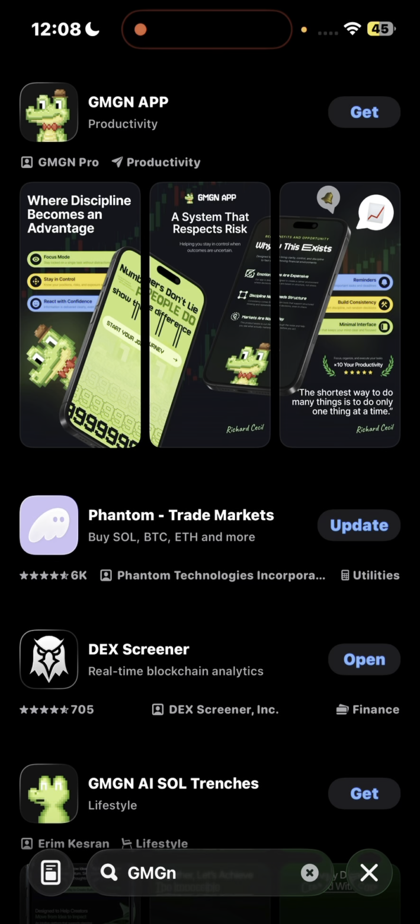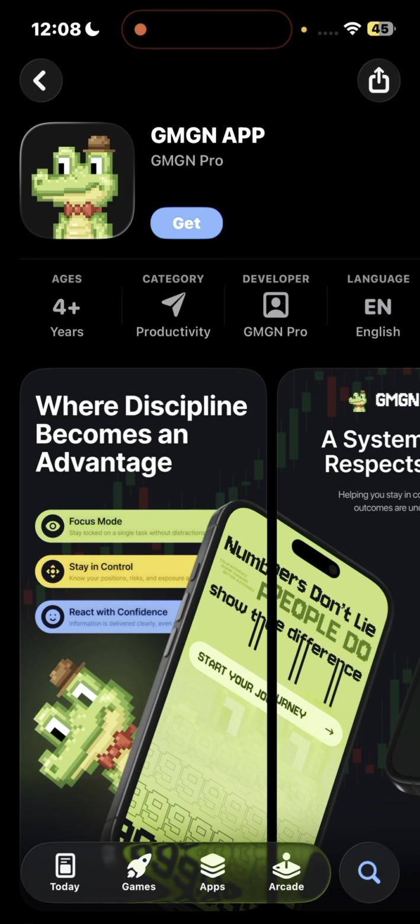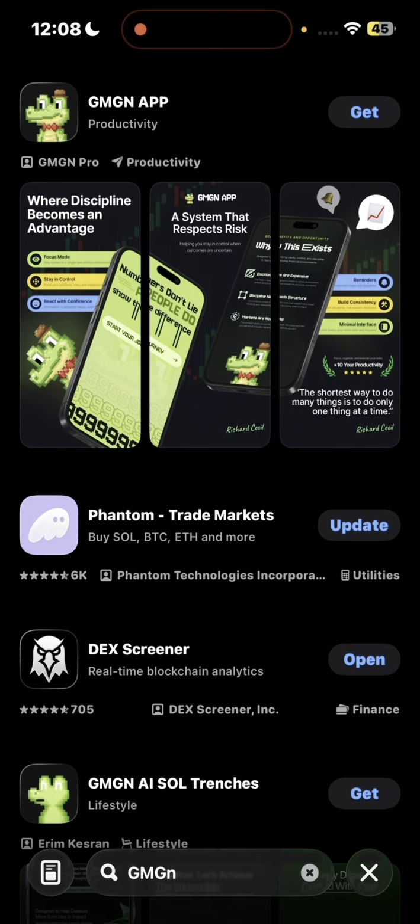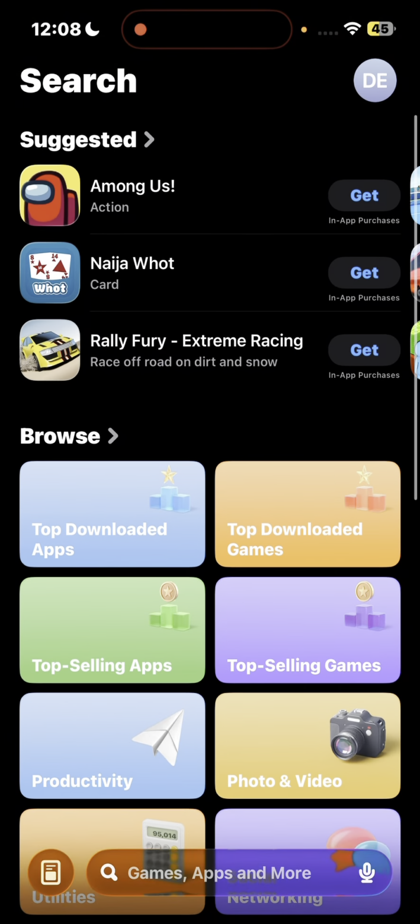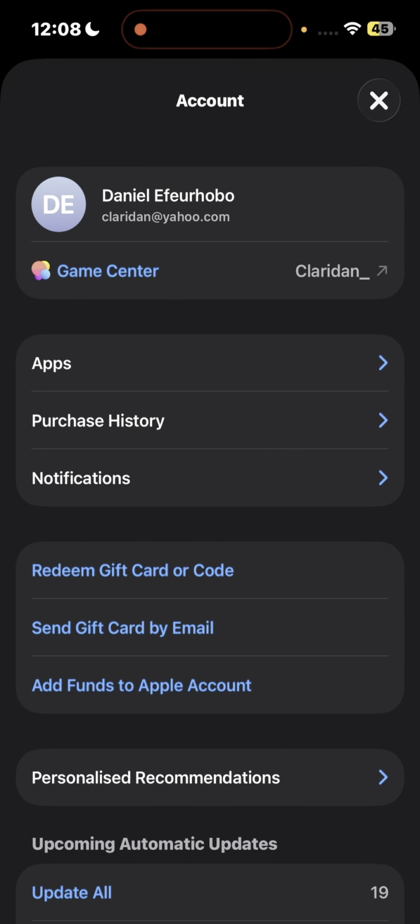Alright, so you can see when you search for gmgn, this is the app that is coming up. This is not the gmgn mobile app for trading. This is not the real gmgn app. Alright, so to get the real gmgn app, like I said, you want to click on the profile icon, click on the profile there,